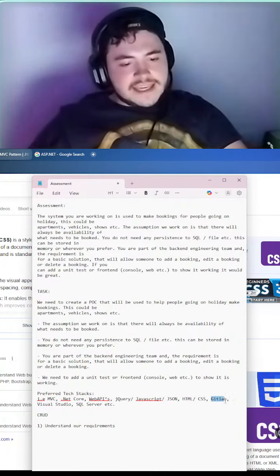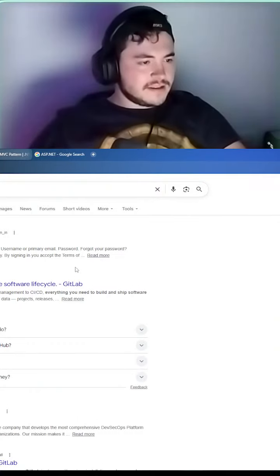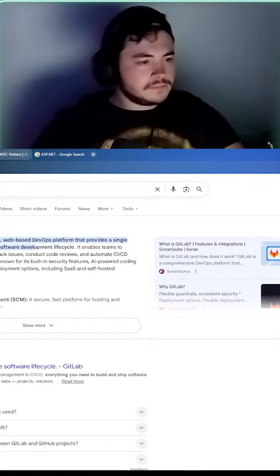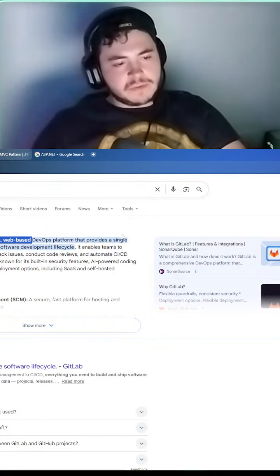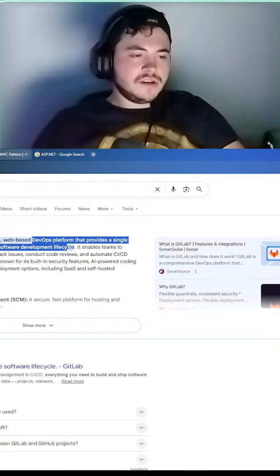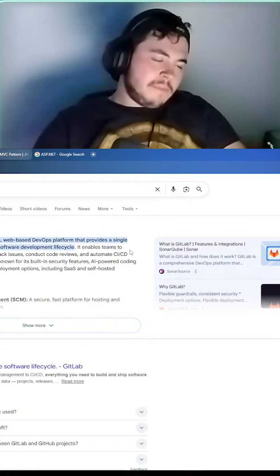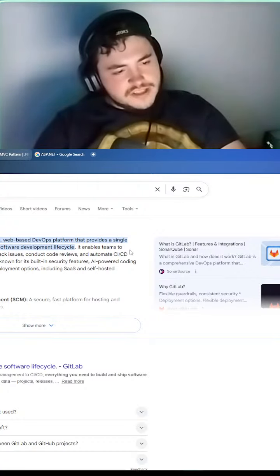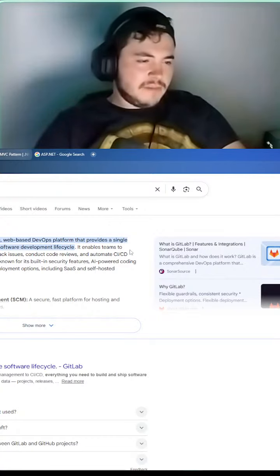Okay, GitLab. What is GitLab? GitLab is a comprehensive web-based DevOps platform that provides a single application for the entire software development lifecycle. It enables teams to manage Git repositories, track issues, conduct code reviews, and automate CI/CD pipelines in one place.